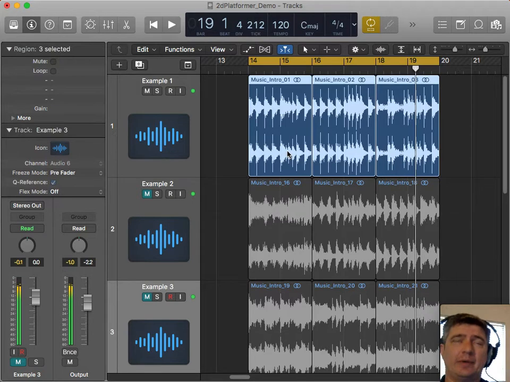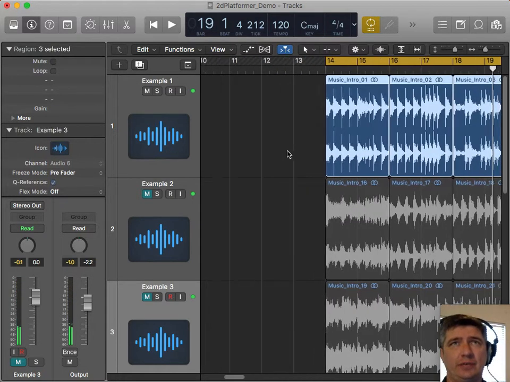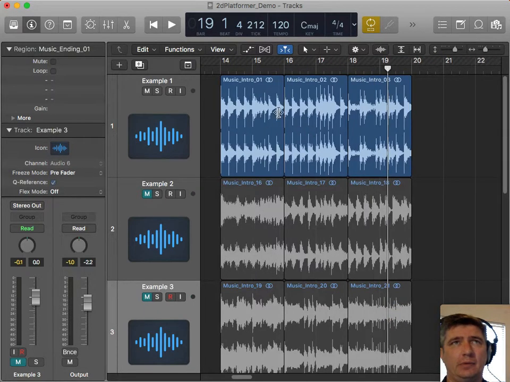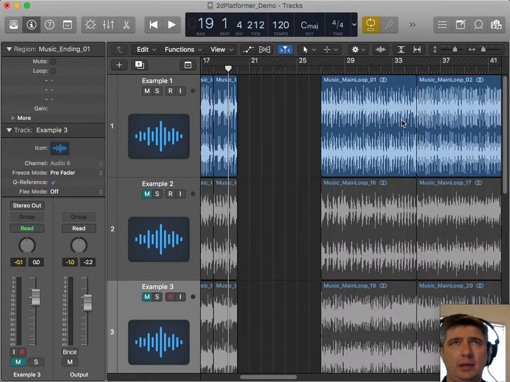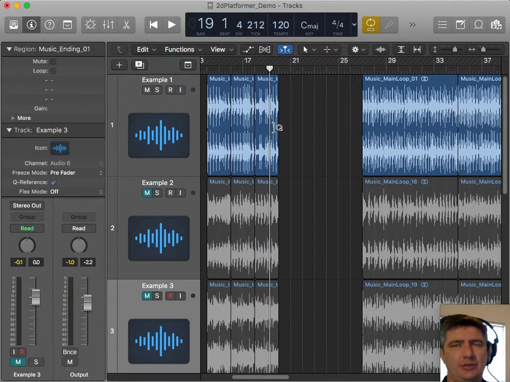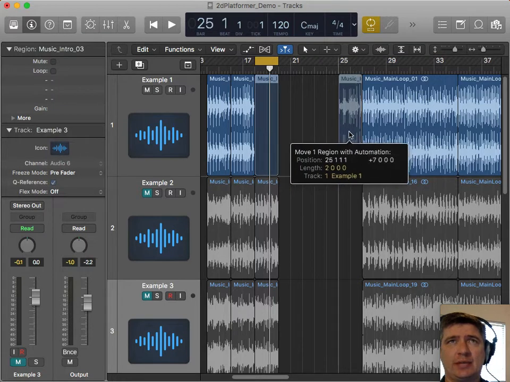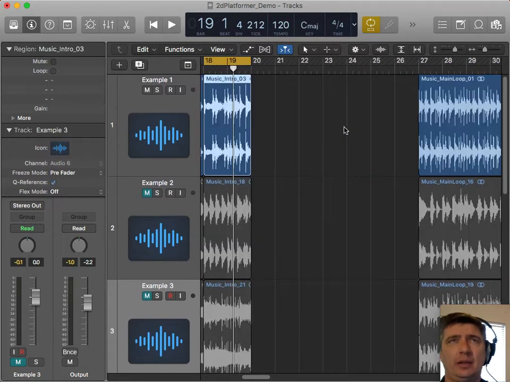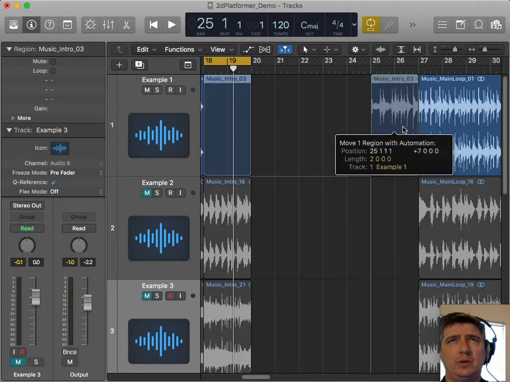Subdividing the beat like that will help increase the energy level when heading towards the end of the intro files, where you need to be at the same instrumentation and volume and power level by the end of the intros going into the main loops. This is what it would sound like going from an intro to a main loop here. Again, this can happen in any sort of order. This is intro 3 to main loop 1.